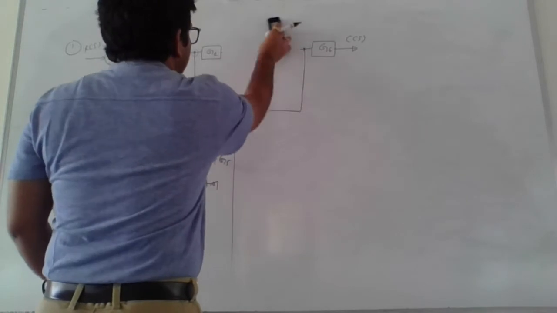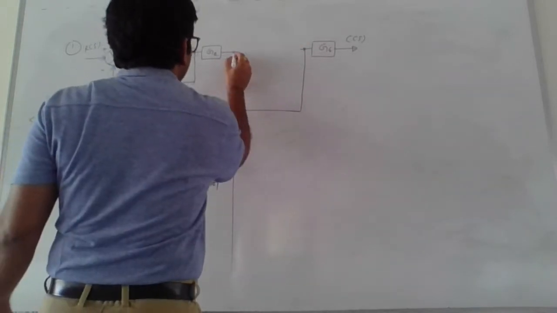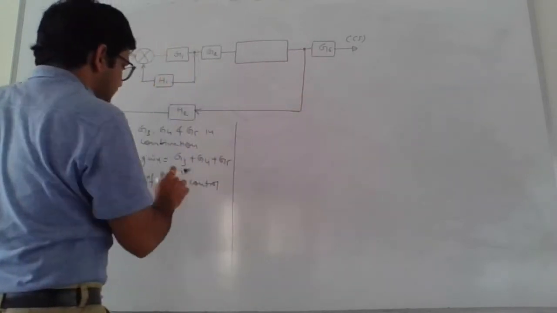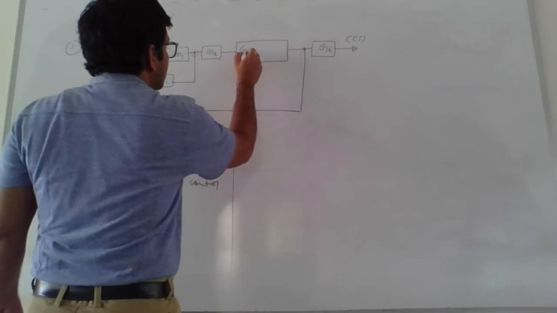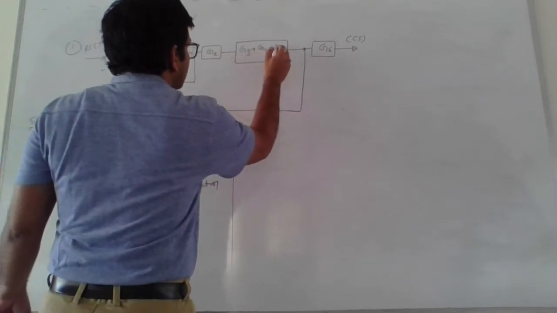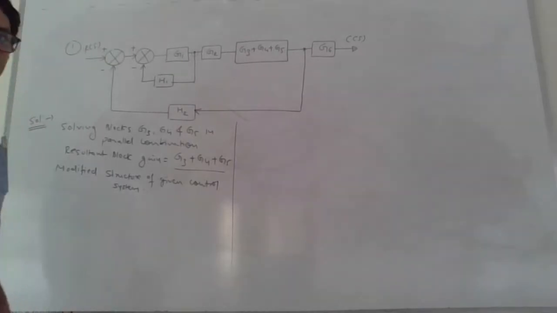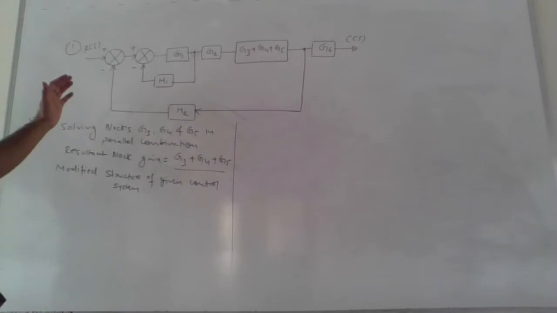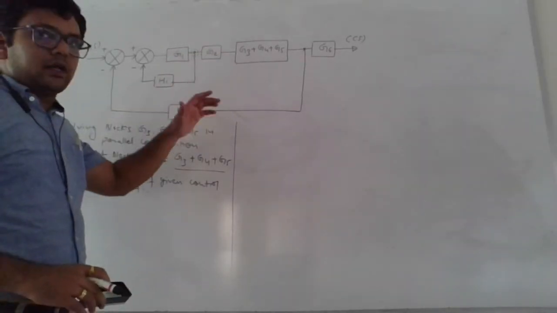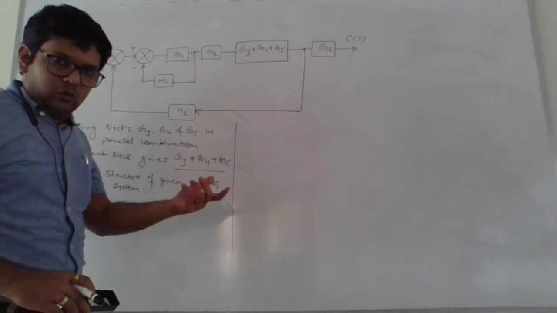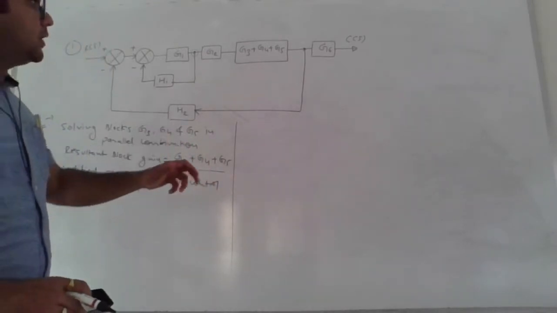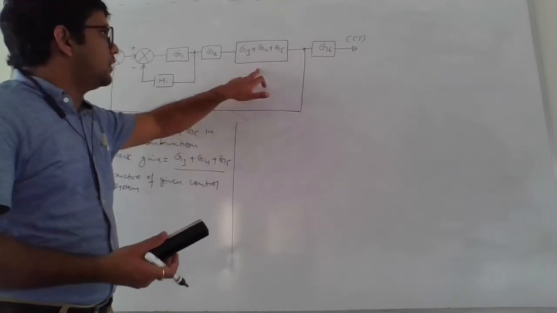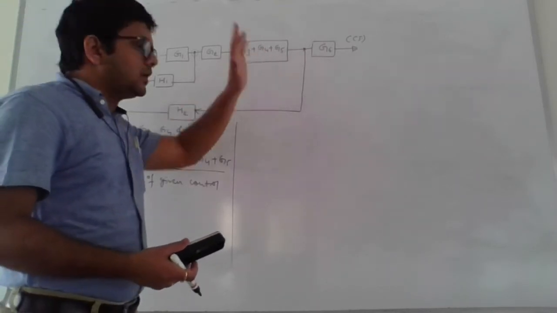There is no need to draw this. Now in its place we will have a single block gain. Rest of the thing is as it is, and the value of block gain is exactly equal to G3 plus G4 plus G5. So this is the output of our first step. That means first of all we identified that these three blocks are connected in parallel combination, and then we applied rule number 2 of BDRT in order to represent them by a single block of gain exactly equal to the addition of individual block gain with their sign. All are positive, that's why G3 plus G4 plus G5.